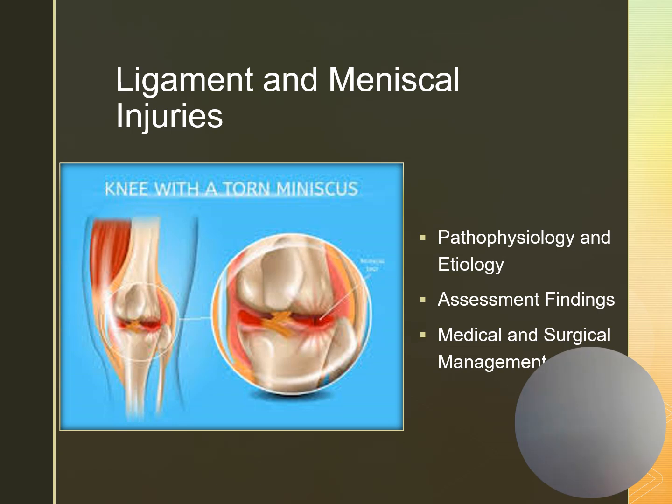Ligament and meniscal injuries. These are traumatic injuries from a blow or a twisting motion with hyperextension of the knee. Meniscal injuries are usually going to occur with a twisting motion or something like repeated squats. These clients will have pain, instability, ambulatory difficulty. They may hear or feel a popping or tearing sound or have locking of the knee and clicking with ambulation